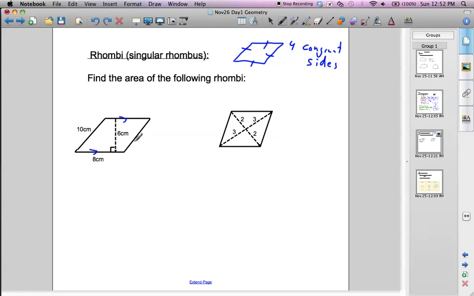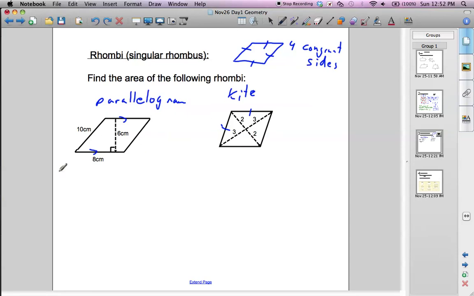So this is a parallelogram. But also notice that adjacent sides are also congruent because all 4 sides are congruent. So adjacent sides are congruent, so it's also a kite. So you can think of a rhombus in two ways. A rhombus is a kite, and a rhombus is a parallelogram. So you can use either of your area formulas to find the area of a rhombus, depending on what